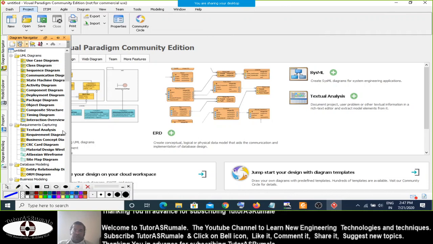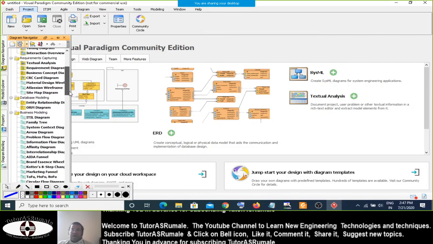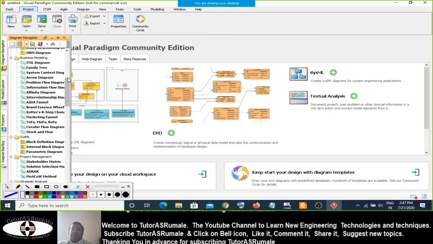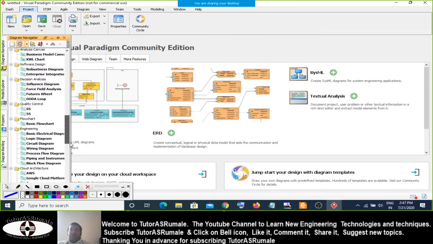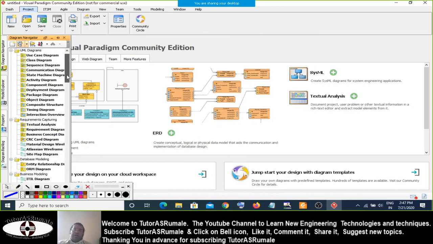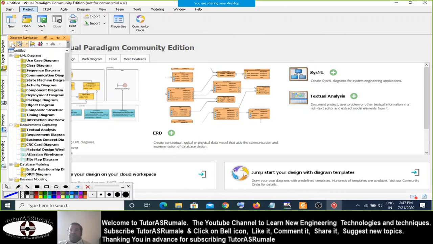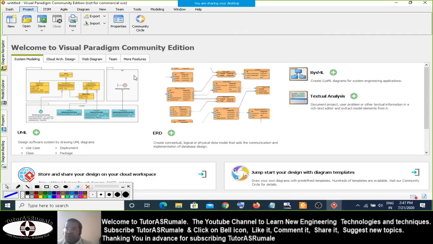These things we actually learn in our second unit, requirement analysis. Database modeling, you have the entity relationship diagram, and then this ORM diagram. Then these are the beyond syllabus diagrams which come in business modeling, like block definition. So this many diagrams get created when it comes to creating serious software development. Obviously not all diagrams are necessary for all software products.